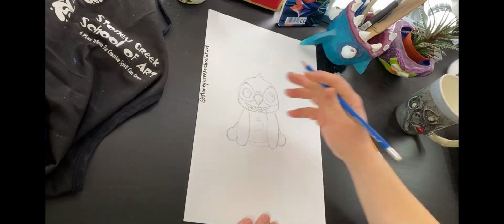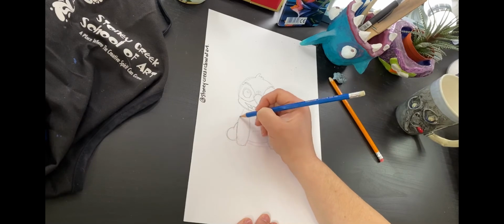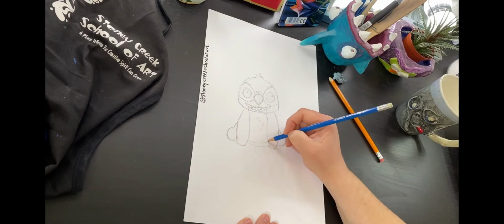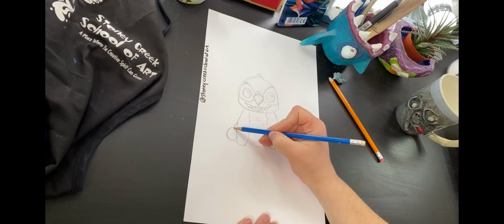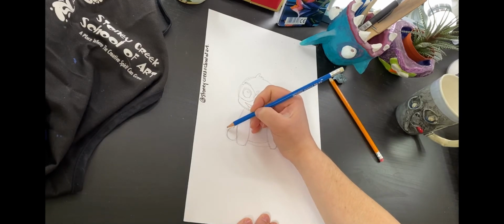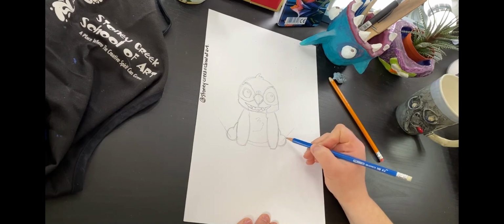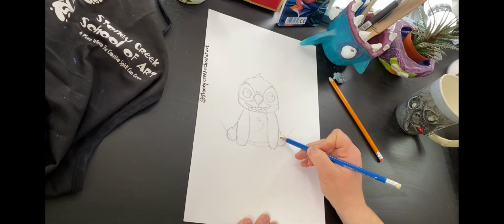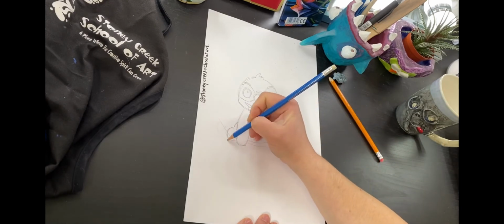It's really good to draw using basic shapes. That'll help you get the proportion and the shape of the objects a little bit better. So this is kind of like the side of his body and his leg. Now his feet are going to go out in a diagonal line that way, and his other foot is going to go this way. So that's the direction that I'm going to draw a circle,